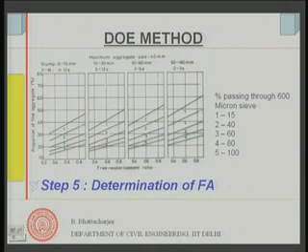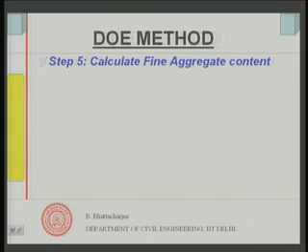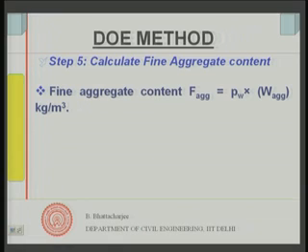But another difference is, here I am finding it out on mass basis, that is, the proportion of fine aggregate with respect to total aggregate, both are on mass basis. Earlier in case of Indian standard it is on volumetric basis. So, after doing this, I now know what my fine aggregate percentage is. So, now I can calculate the fine aggregate content, and it is simply this p value that you have got, 28 or 32 or whatever we are looking at right now.